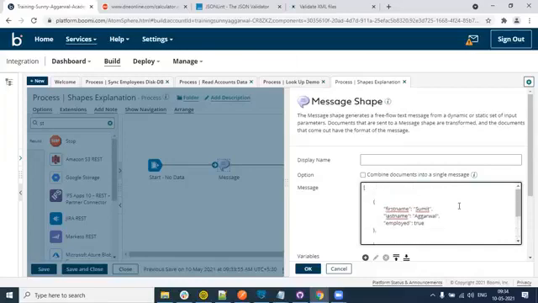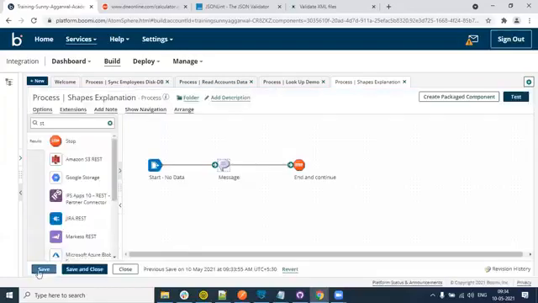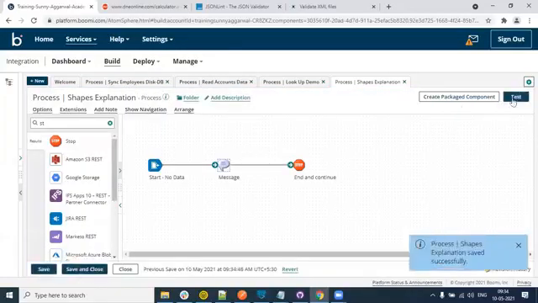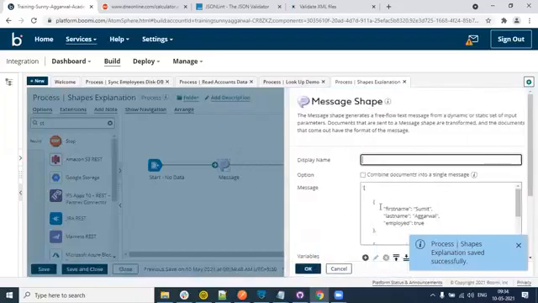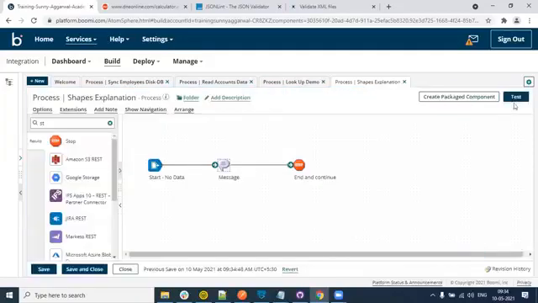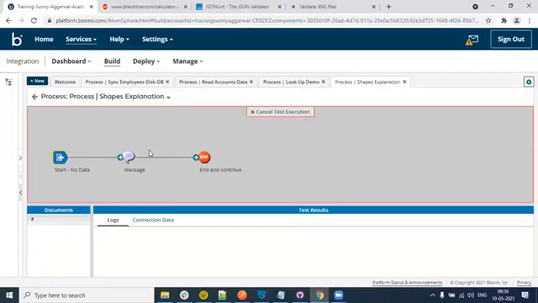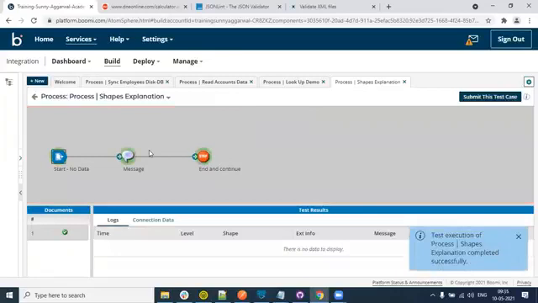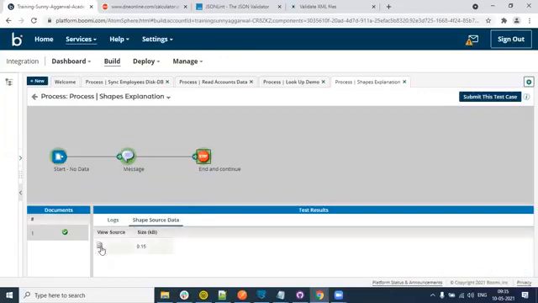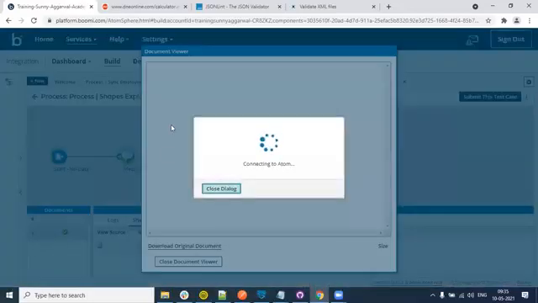Okay, in Boomi, whenever you're trying to give this kind of JSON, it should be in the message shape. This is specifically for the message shape. You should always enclose those in single quotes. Does it run now? Yeah. When you come here to the stop shape,